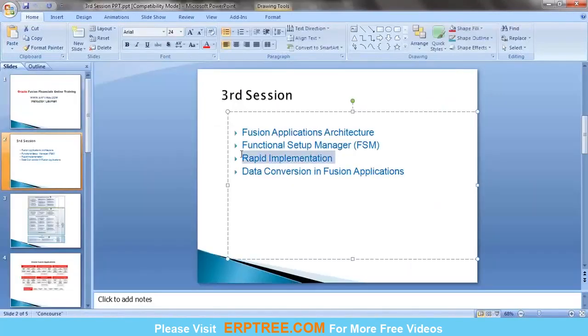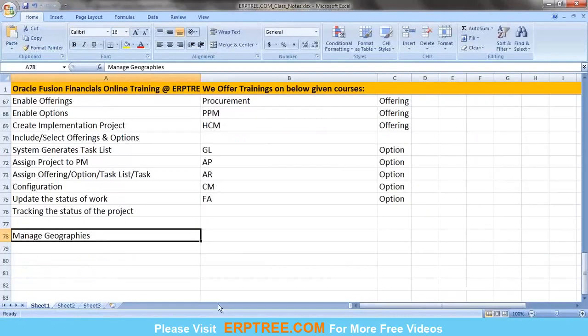So rapid implementation. It's very simple. These two concepts are very simple. When I talk about rapid implementation,